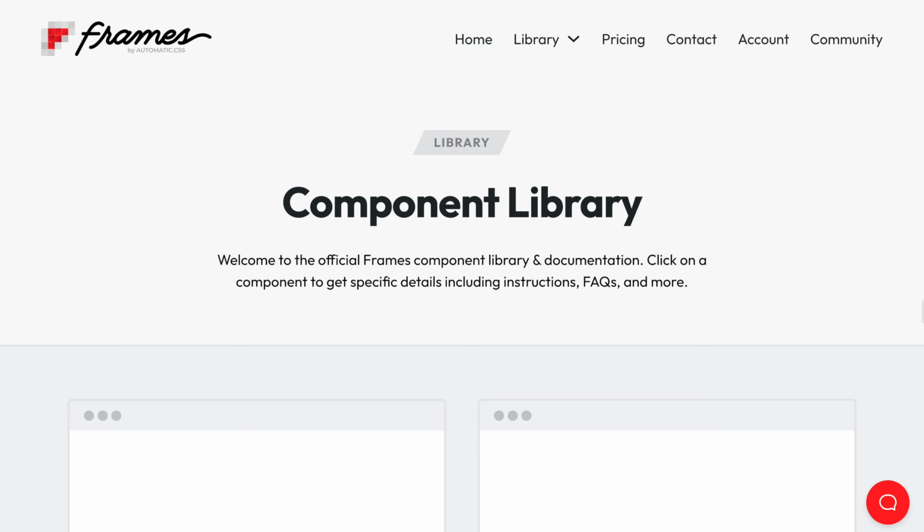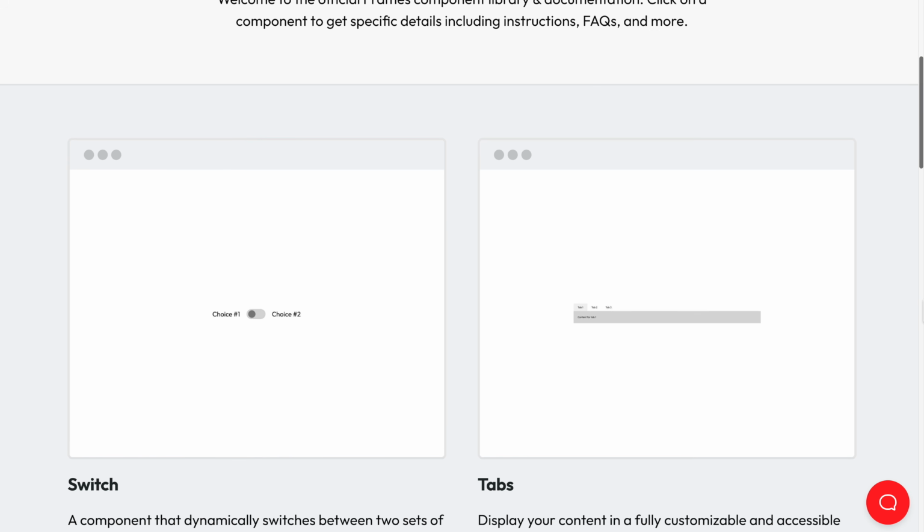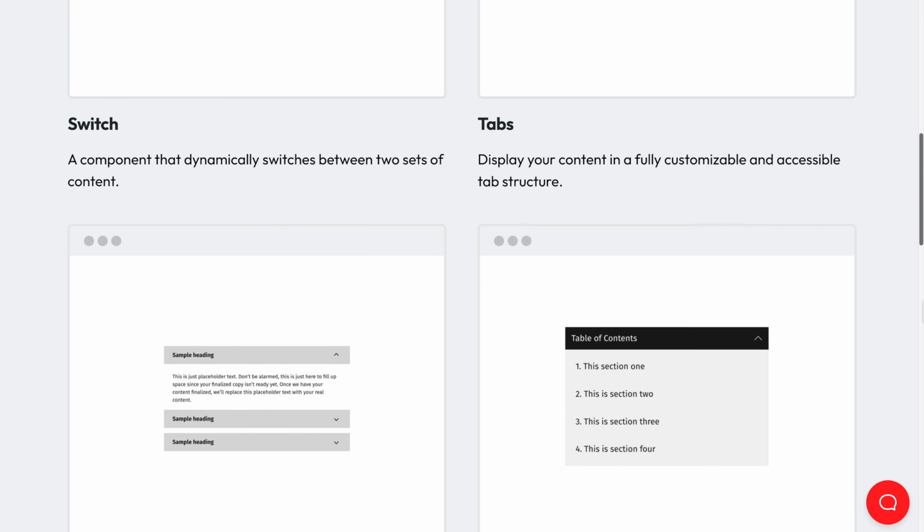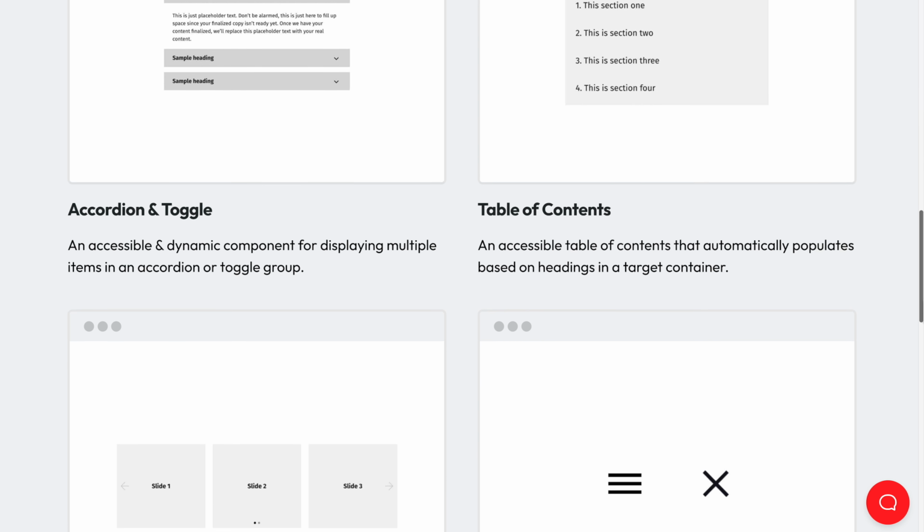The only thing that will stop working is if you've used any of the dynamic components. And that is just because the underlying code to run them isn't going to be there anymore. If you exclusively use ACSS and you value the level of attention paid to accessibility and correct HTML structure, then I would say Frames is worth considering.